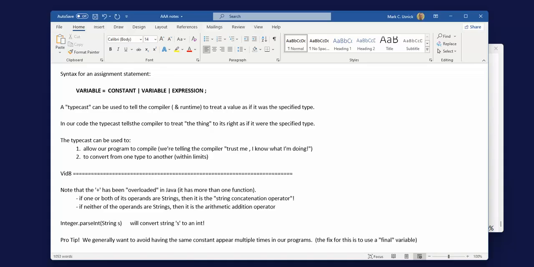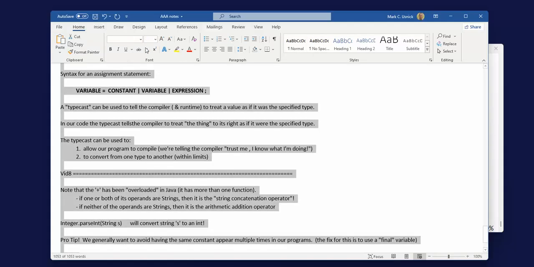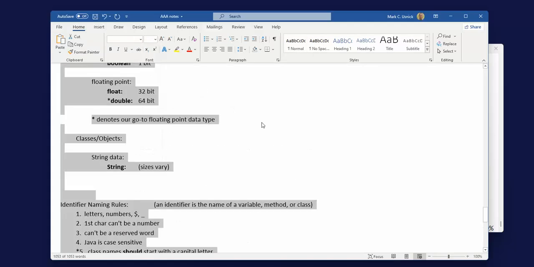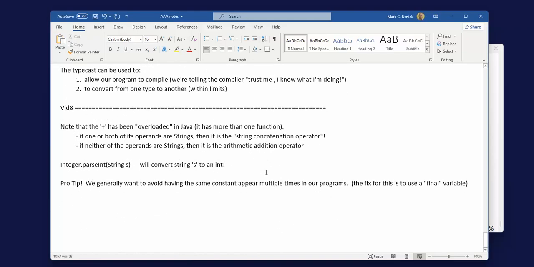How are we doing on time? Just fine. Alrighty. Got a little more typing and scribbling going on still. Trying to make that a little bigger. Let's do this. How's that? Okay, back down we go. Is that better there? Okay. Even at that, looks like a kind of small font. But